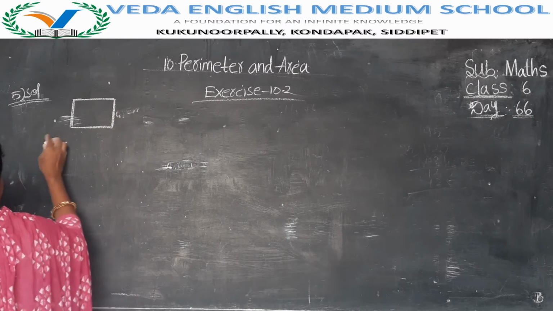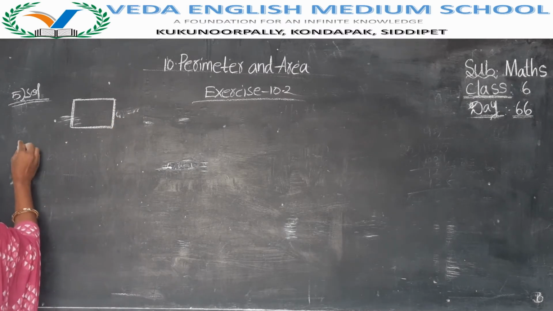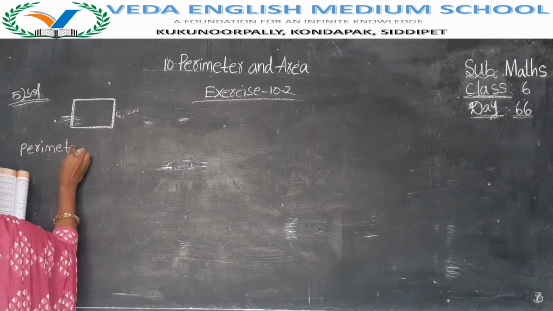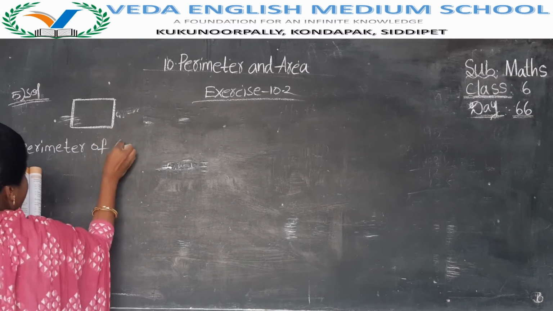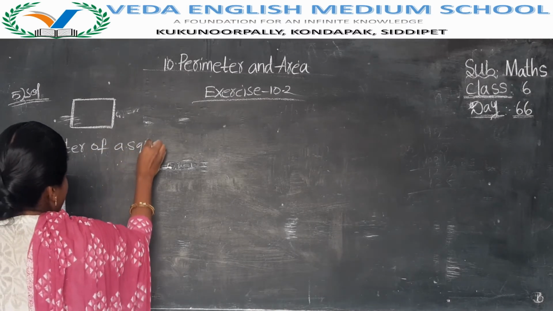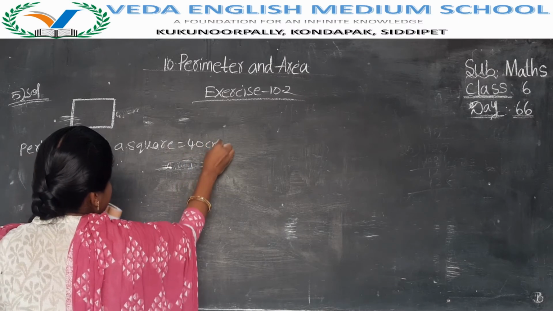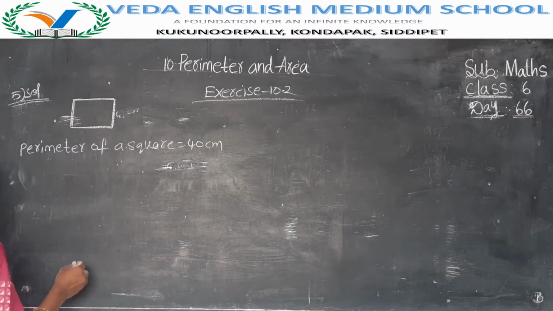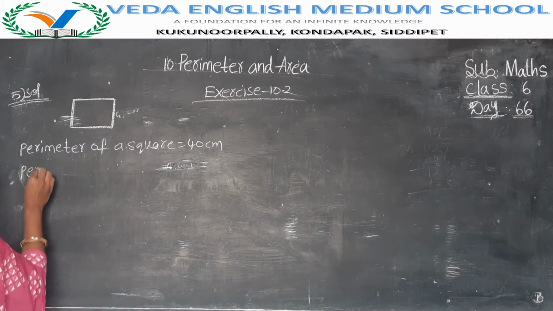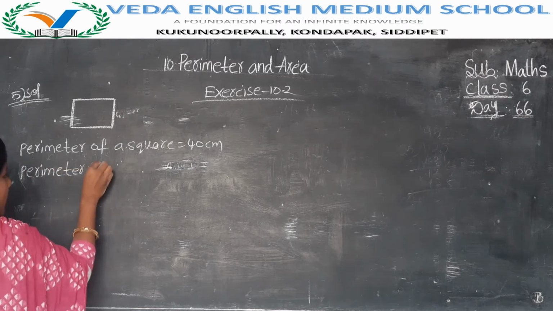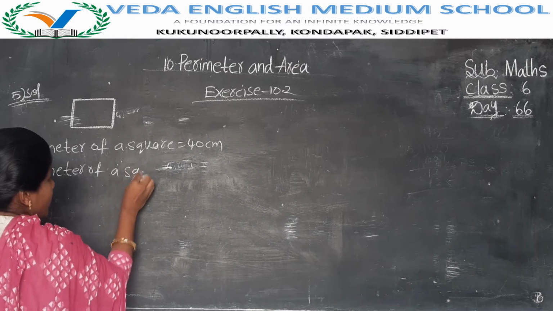Write: perimeter of a square is equal to 40 centimeters. Then the perimeter of a square formula: perimeter of a square is equal to